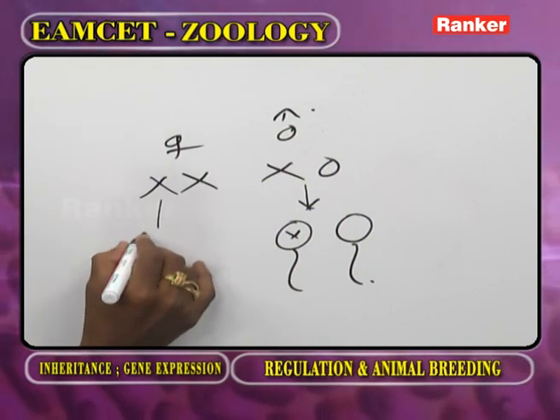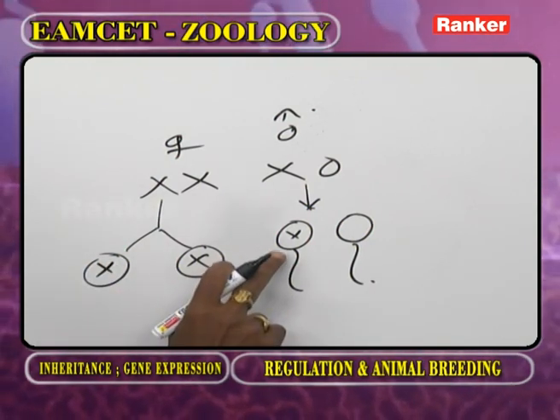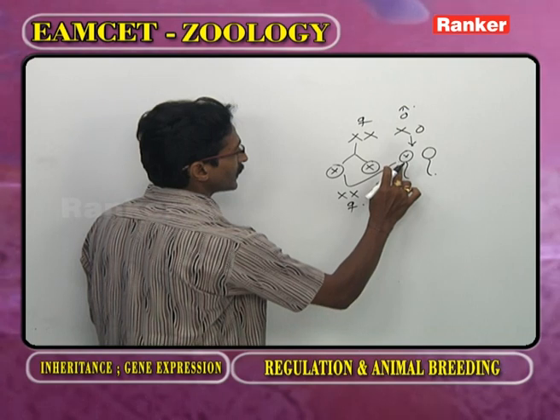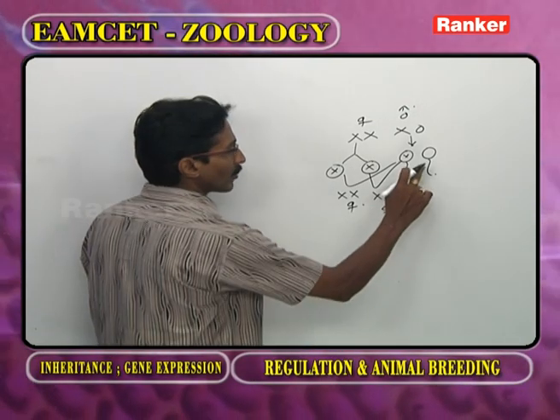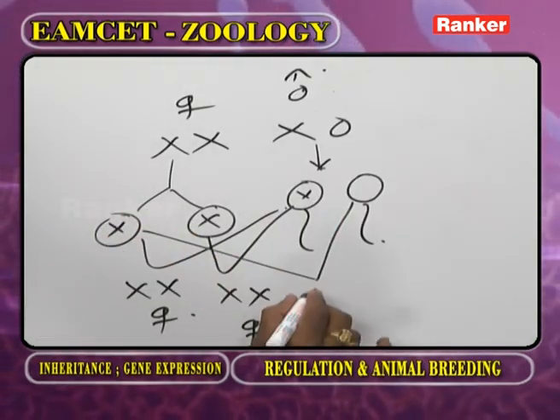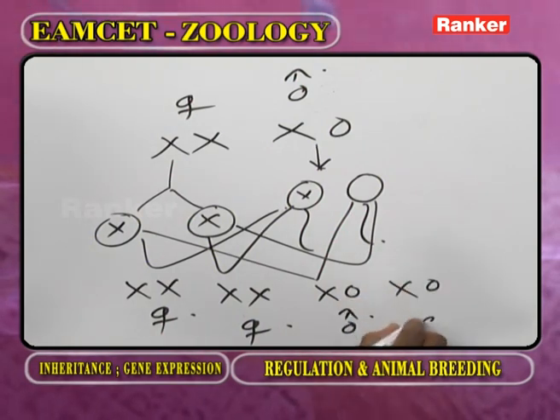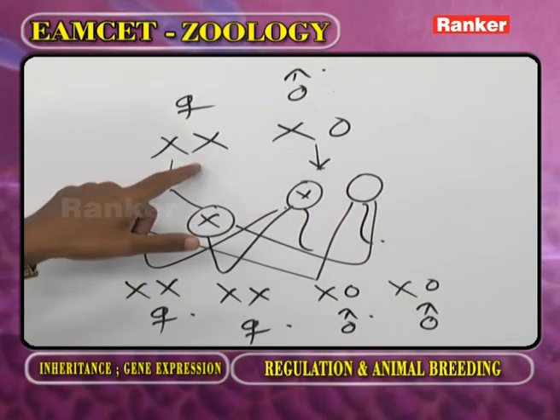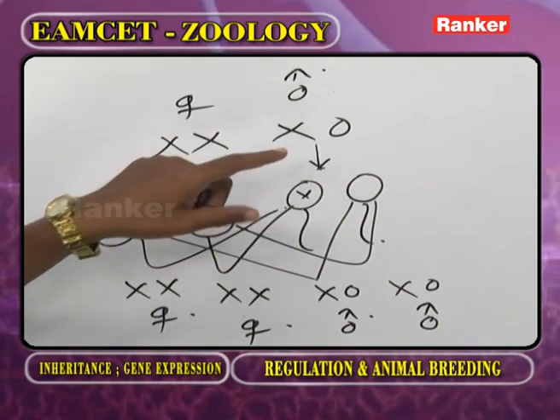Now the female gives 2 ova, each ovum has the X chromosome. The X bearing sperm fertilizes this ovum, we get the female. Again this sperm fertilizes this ovum, we get the female. Now the sperm with no sex chromosome fertilizes this ovum, we get the male. This sperm fertilizes this ovum, we get the male. So students, in this method XX is female, X0 is male, and the male produces 2 kinds